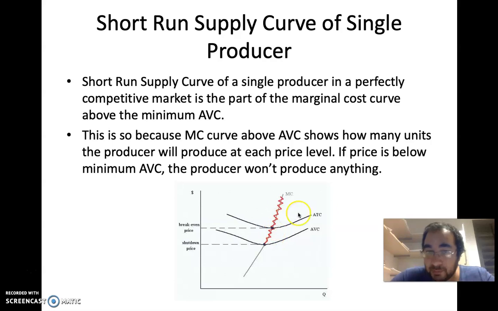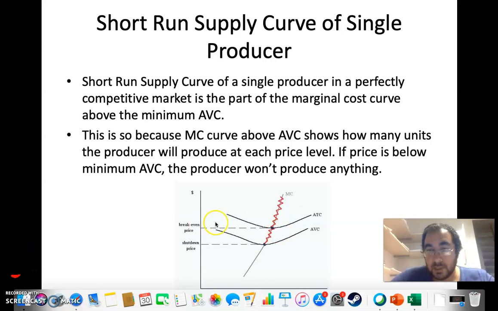At which level the company prefers to produce. So the MC curve at every price level shows us the quantity that is being produced. Originally it shows the cost level, of course, but also